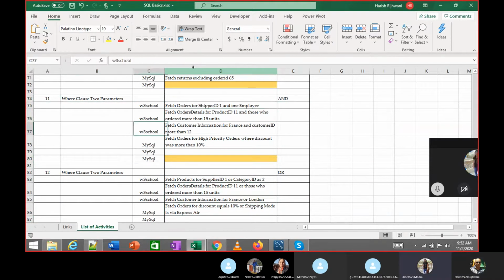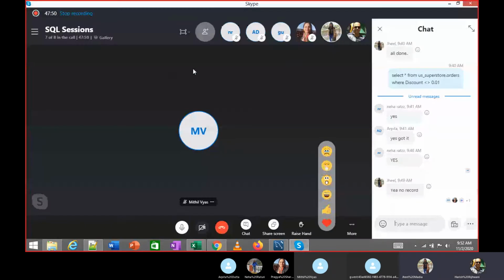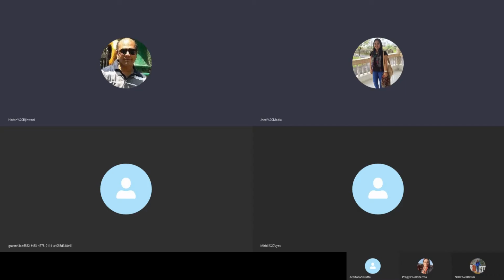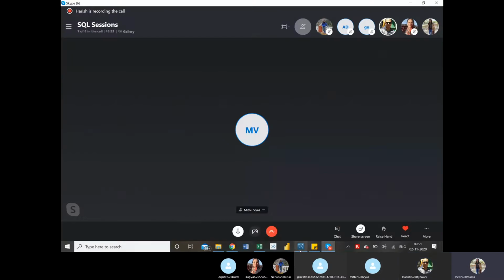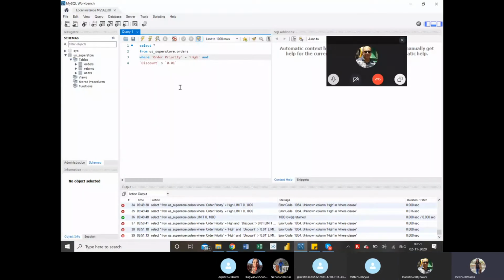So can I share my screen? Yes, you can share your screen. Yeah, so I'm not getting any output. No, why are you putting quotes in 0.01?